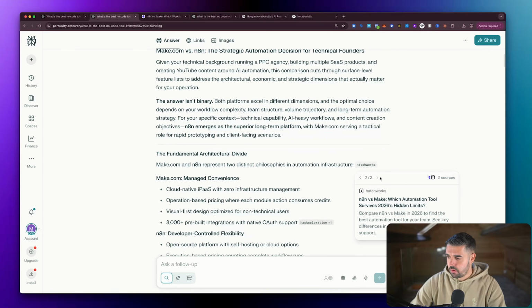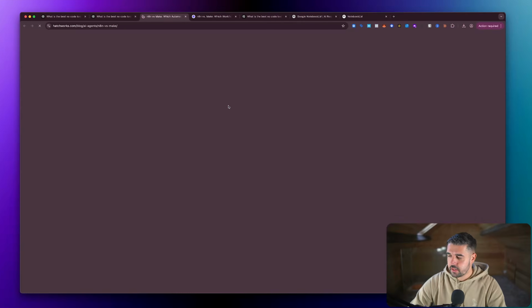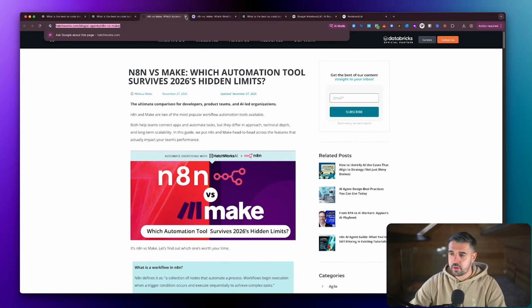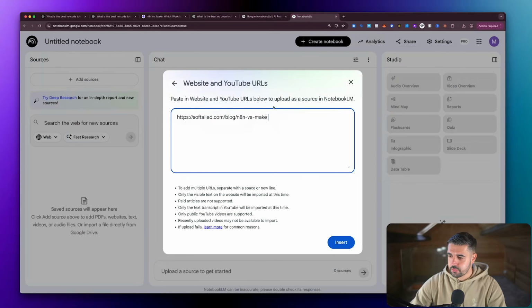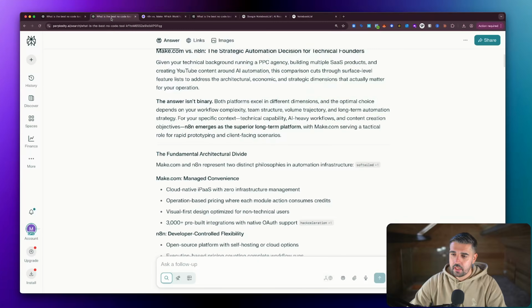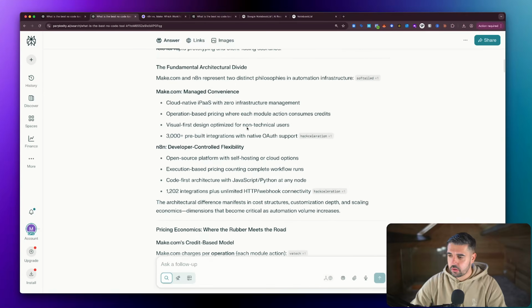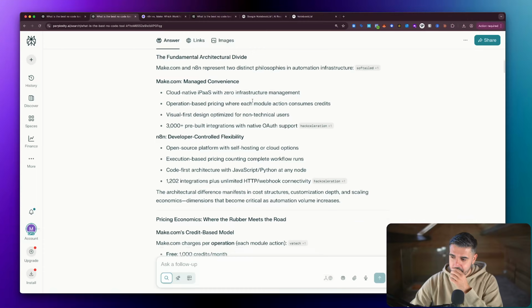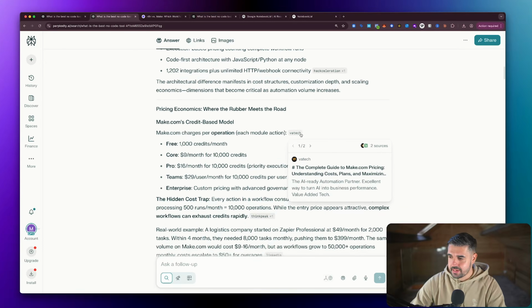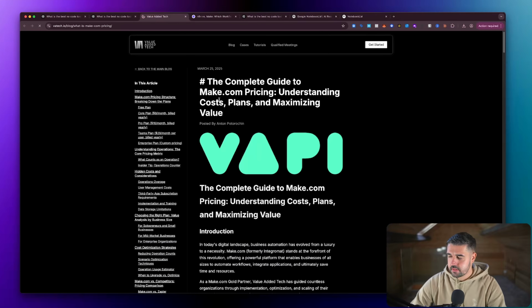Let's have a look at what the other one was at this top level. Yeah, I think we should put this one in as well because this is another third-party review of which one's best. And we stick that in our notebook. Now, I'm going to quickly grab a few more. Let's have a look. Where are we? We've got the fundamentals down, so let's have a look at this.